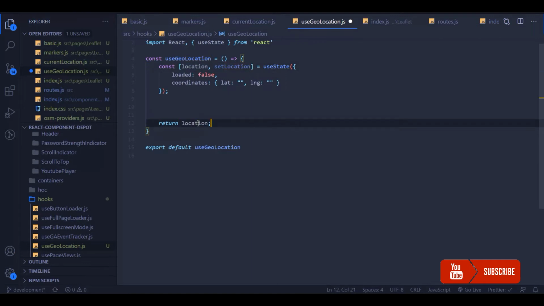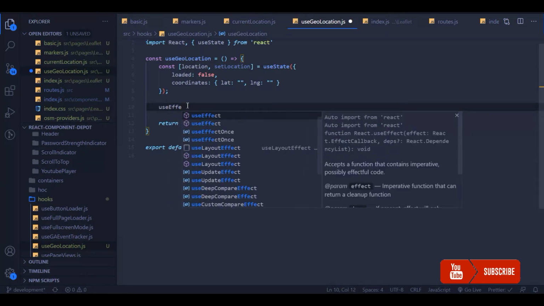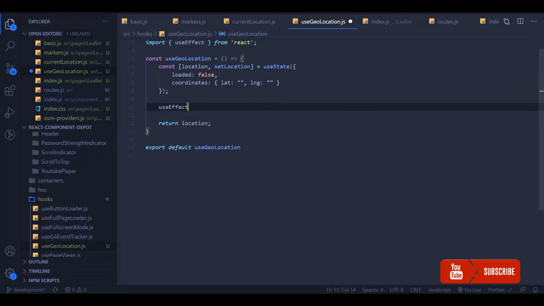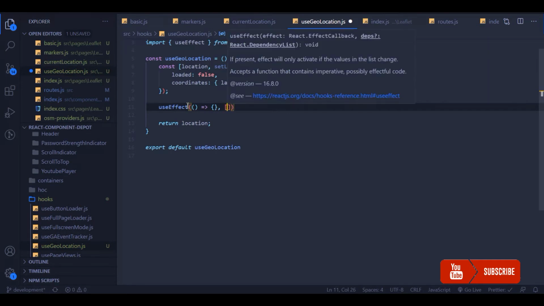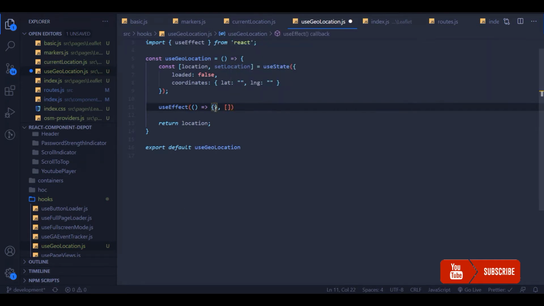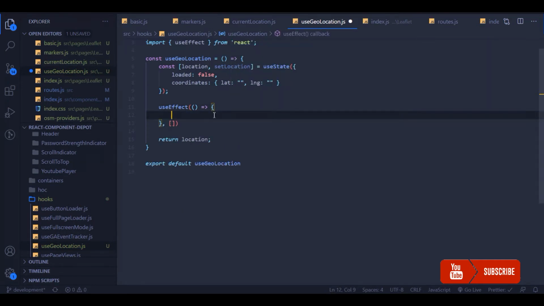We'll return this location at the end. Now we have a useEffect, so when the component renders, we will ask for the permission and get the user location. For this I'm going to use useEffect and pass an empty dependency array so that it will be executed only when it is rendered for the first time.